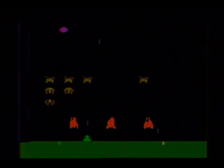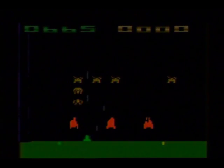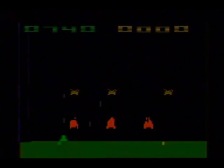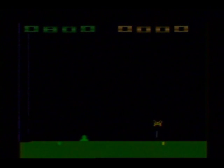Oh, and you want to shoot the little spaceship at the top if you can. Like that. Well, that was luck. Get those bonus points. That's what it's all about. Oh. Oh, you dirty little...